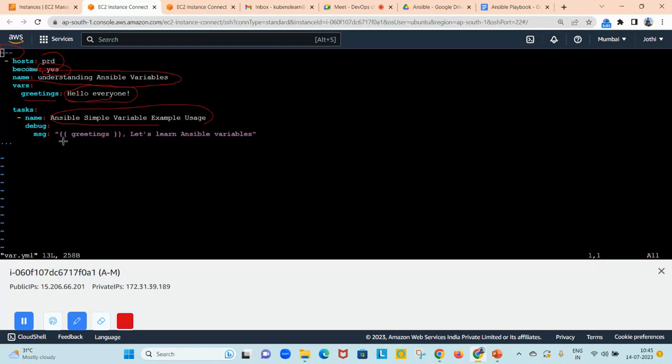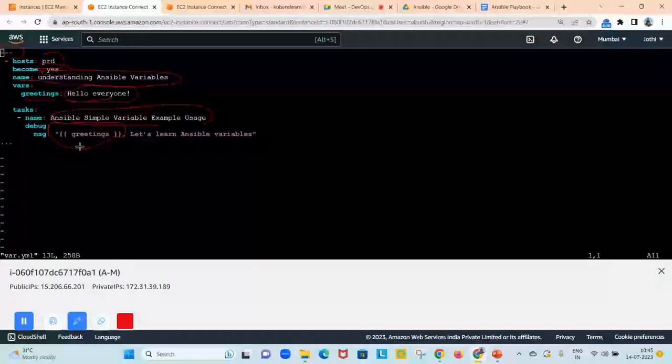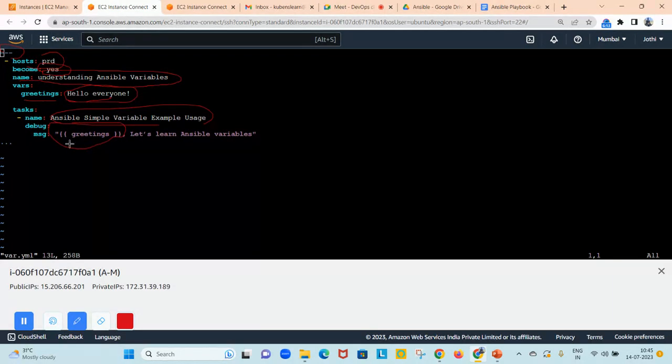So here we are not doing anything. Actually, we are not giving hello everyone. We are actually calling this variable greetings. So whenever you want to call a variable, you should put it within the two curly braces, two curly braces, space, greetings, space, two curly braces, and then I'm adding a line saying let's learn Ansible variables. Okay, do you have any doubt till here? Because it may look very simple, but it will help you whenever you are writing big playbooks. Okay,